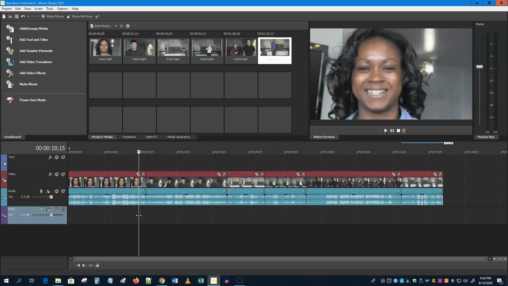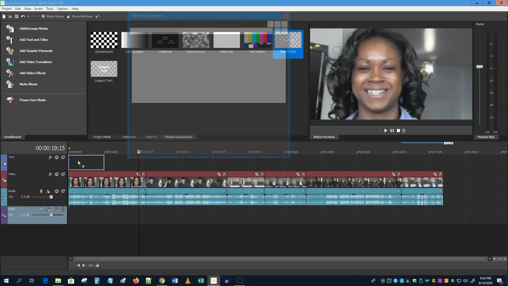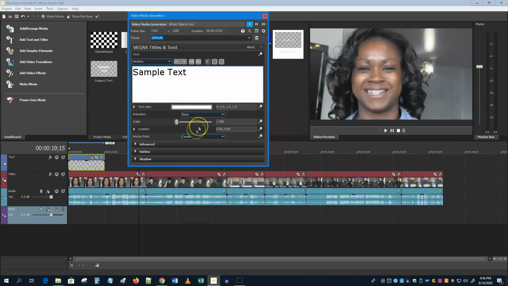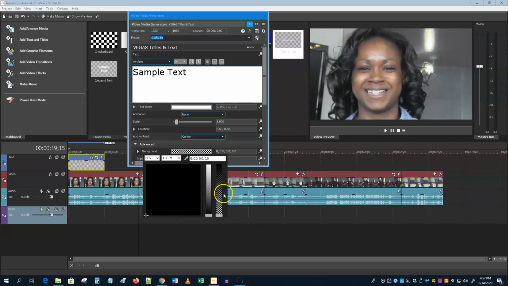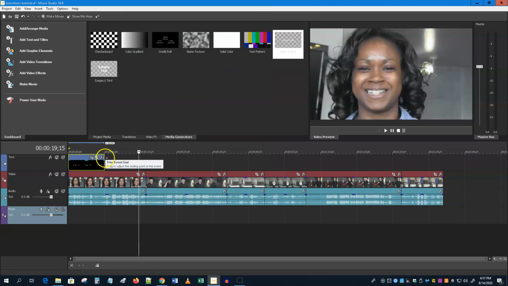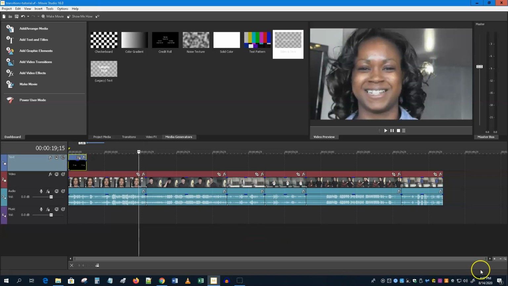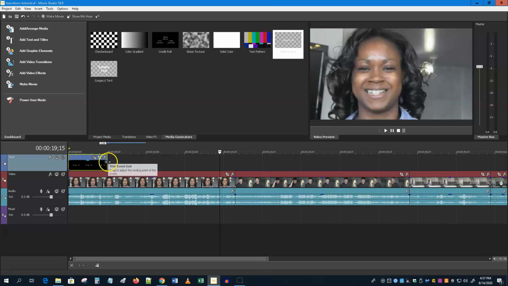So right now we have what? Oh, by the way, I need to put a title slide on there, right? Remember, go to Media Generator, Text and Titles, drag and drop it on here. You're going to go in and change the background to black, it already is black, but make it not be transparent. You're going to change the text to say whatever I say in the assignment. You're going to change the text size and so on, and also you're going to make it only be about 5 seconds, which is about there, I think. And you're going to add that 1 second fade. So I'm going to zoom in a little bit so we can see that better. That 1 second fade,